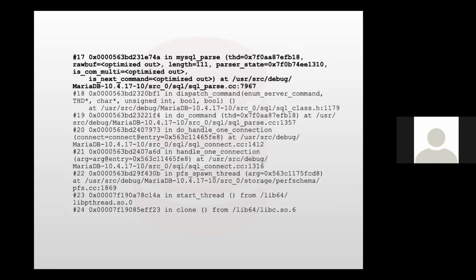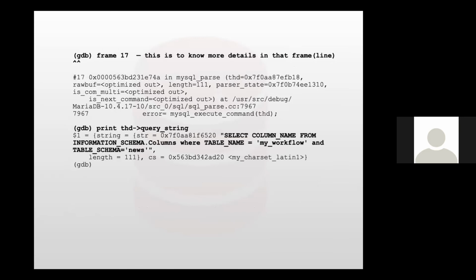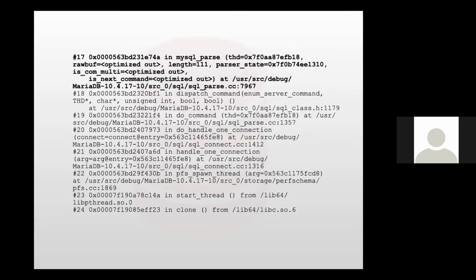With GDB, you can run one more command, which is frame. As I said, this is just like using a database, then getting the table list, then running select star from the table to check what is in it. Just like that, first you select the thread, then you get the backtrace of that thread, so you get different frames, and then you check the particular frame, because in frame 17 there was some kind of query.